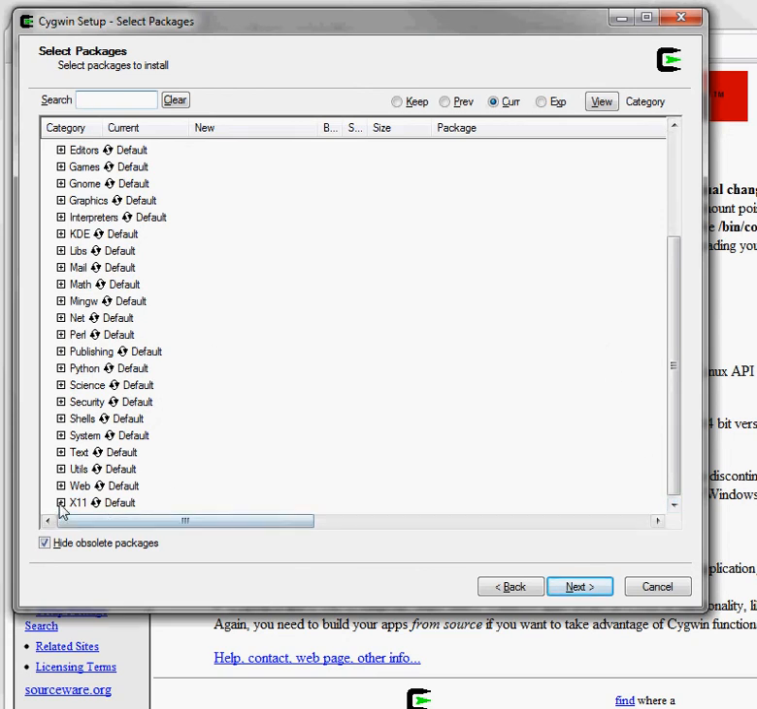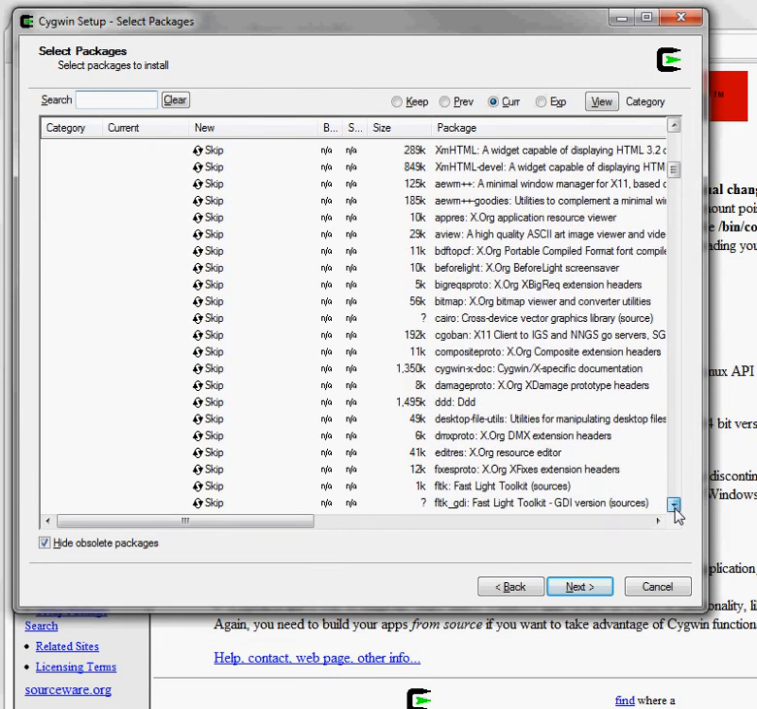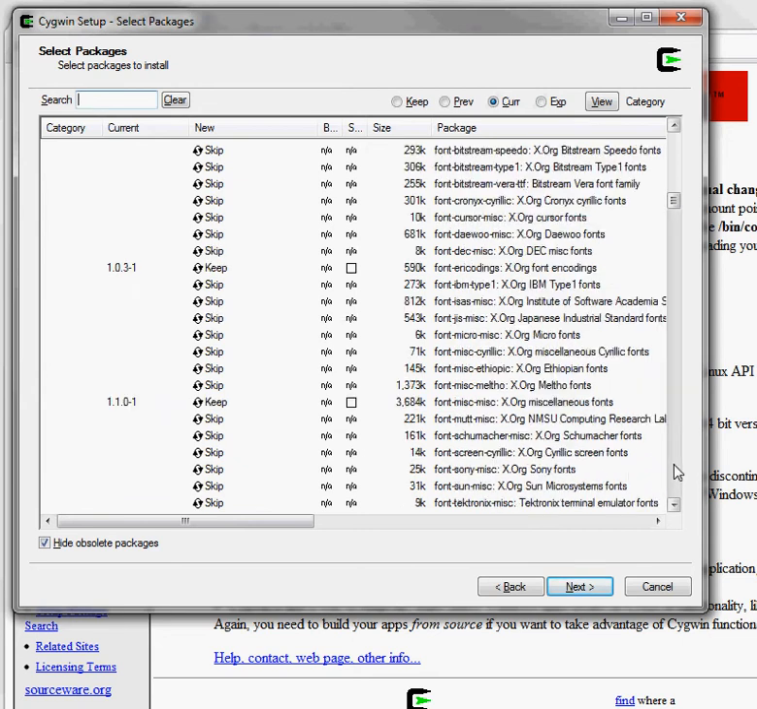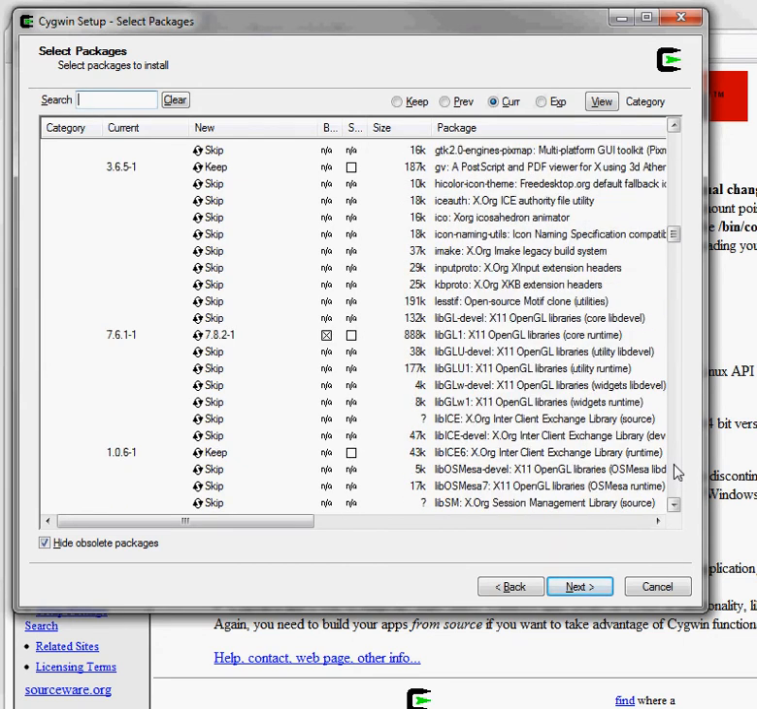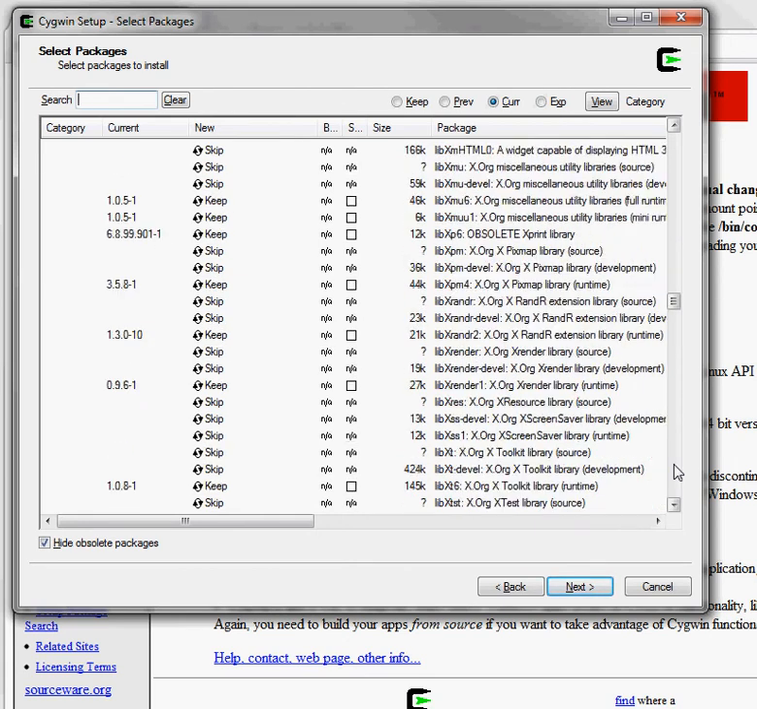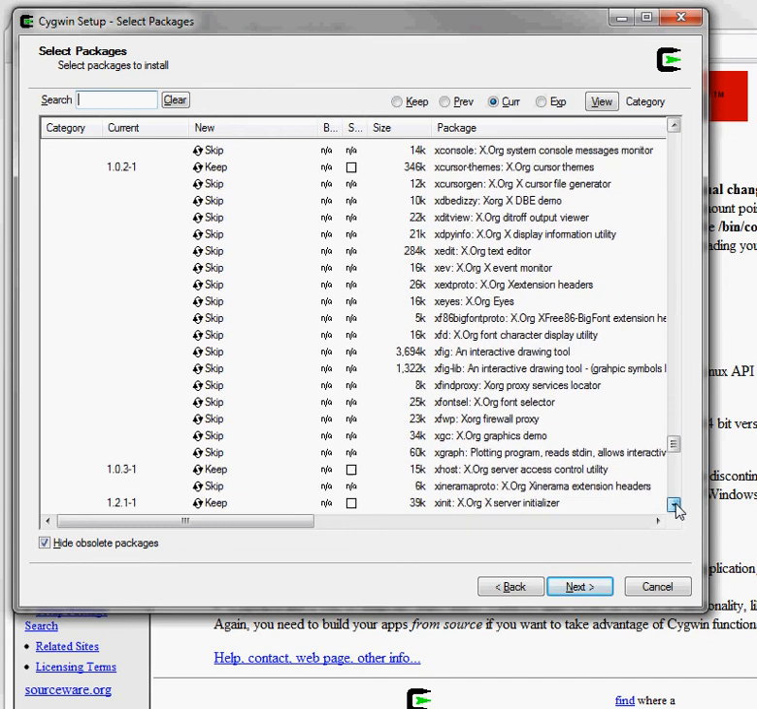So if we go under X11 here and scroll down, it's already smart enough to see that I've installed a couple of the packages. Anything that has a current value is something that I've installed already. Most of these are libraries and fonts. You don't have to worry too much about them. When you select a piece to be installed that has dependencies, those dependencies will be selected to be installed automatically also. So the two pieces you need for your X Windows server to run properly is a package called Xterm,